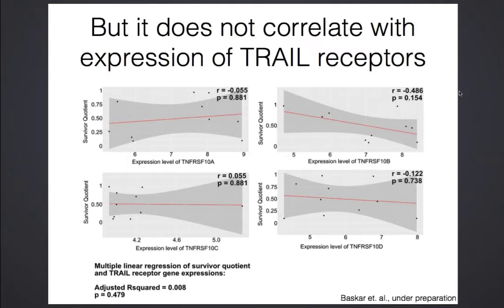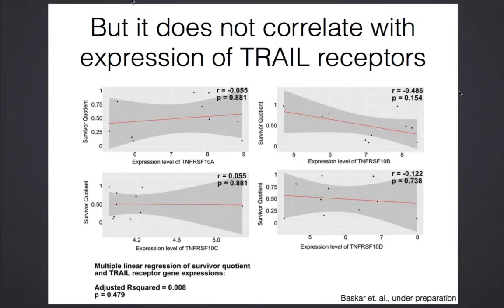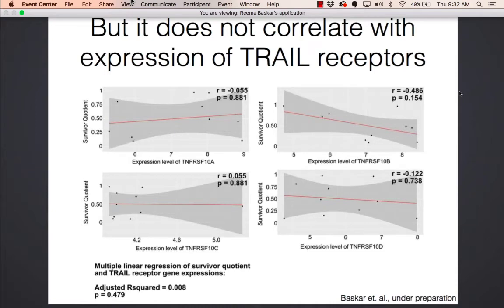Sorry, before that. One of the things that one might hypothesize as to why this is happening is that these cells are not responding to the drug simply because they don't have the receptor for it. The particular cell population of interest, the resistant cells, aka, might not have these TRAIL receptors and therefore aren't going to respond to it. But in fact, when we did a correlation of resistance level, or the survivor quotient that we calculated over here, versus the expression level of the different death receptors that interact with TRAIL,